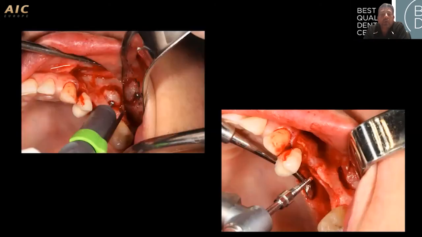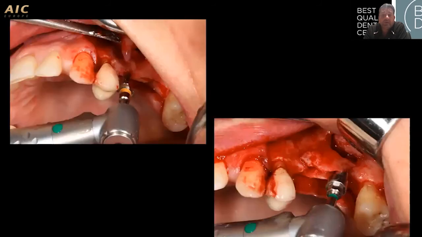we have a window, a lateral window to the sinus, and then we use the set drill to start pushing the bone. And when we're using the set drill, we are incrementing the set in width to push the bone a little bit more in width. So after we use the steps, trying to get more width of the bone with this set,